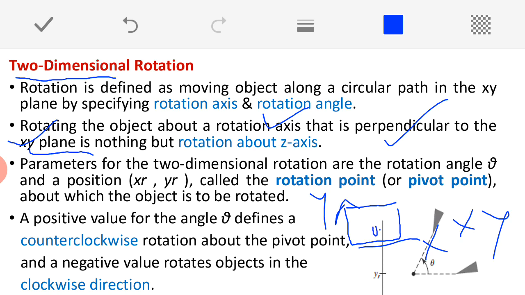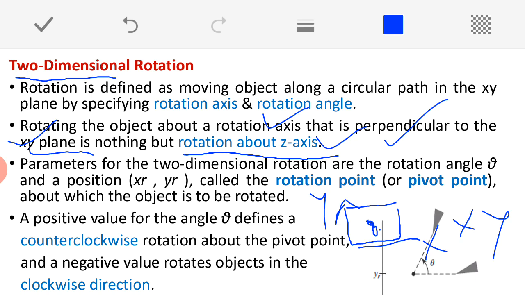Then you start rotating your mobile. How will your mobile be rotating? Look at the effect that you observe. It is always going to change only the x and y values, but the finger that you have kept, which is perpendicular to your mobile display screen, is itself acting as a z axis. That is very important. So it means that 2D rotation is nothing but rotation about the z axis. Do remember, 2D rotation is nothing but rotation about the z axis. It means that you are performing the rotation with respect to the z axis with that xy plane.